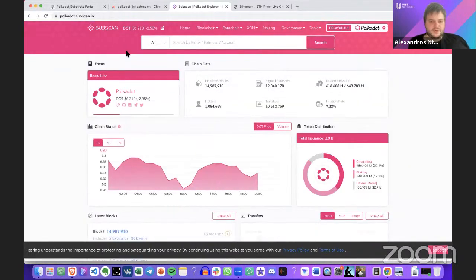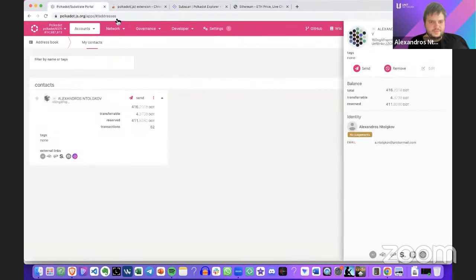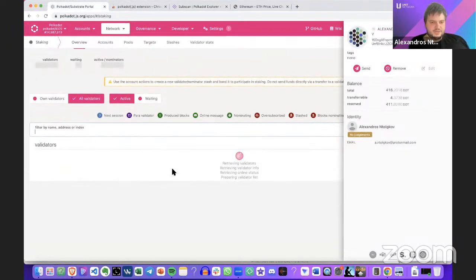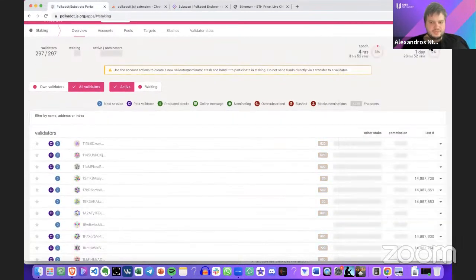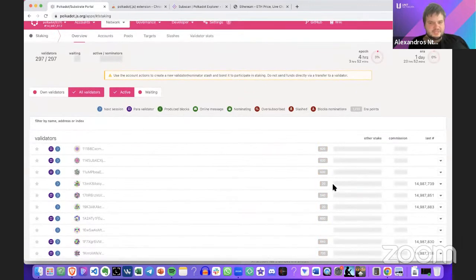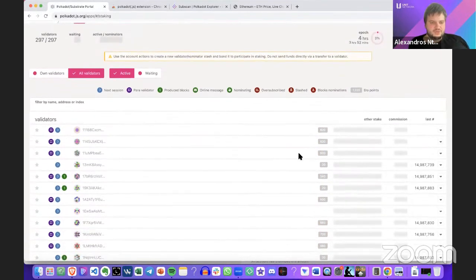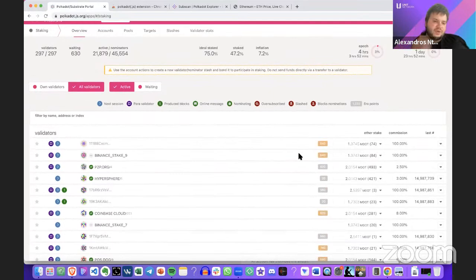You can go on here, basically you have staking, and you can do it through here if you would like to do this. Unfortunately, as I said, I don't have money in this one, so you cannot do it. But basically, other ways to stake Polkadot are through a centralized exchange, or you can use